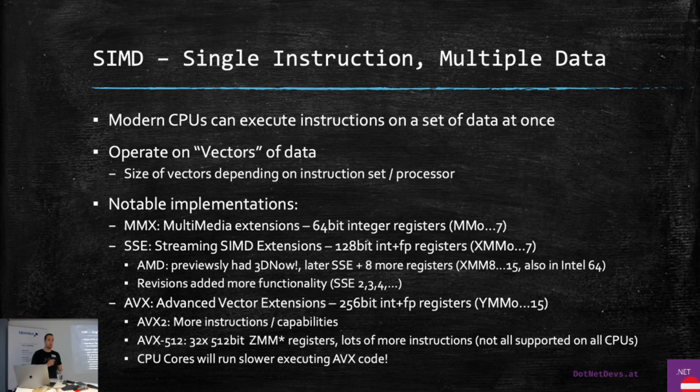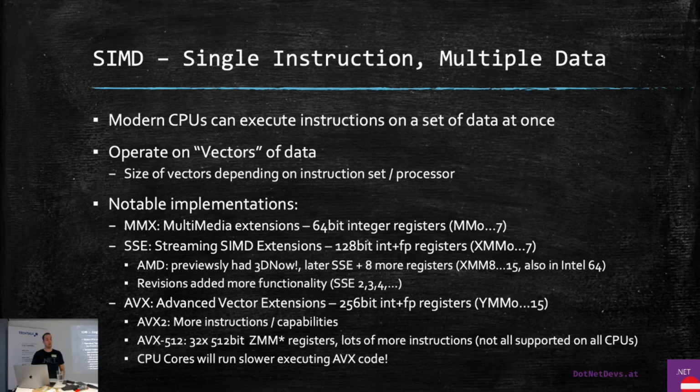But in the 512-bit version, there was a bug where if one core ran AVX 512-bit operations, it would slow down all the cores, which is pretty bad if you have like an 18-core machine. You would run AVX instructions on one of them, and now your whole process gets slow. So I think that is fixed in the 2019 Cannon Lake processors, but I think